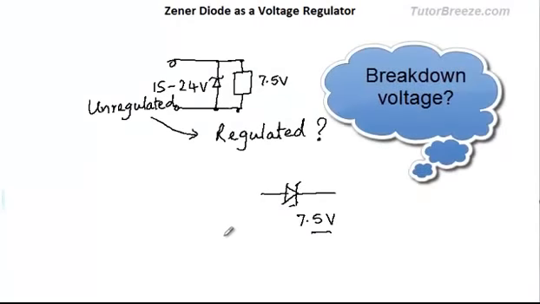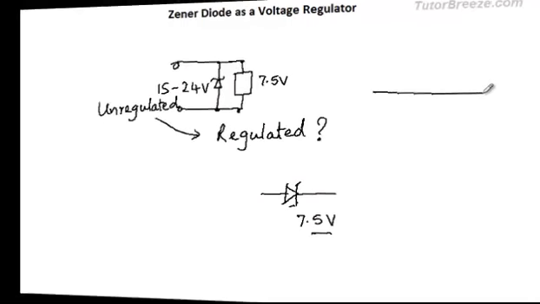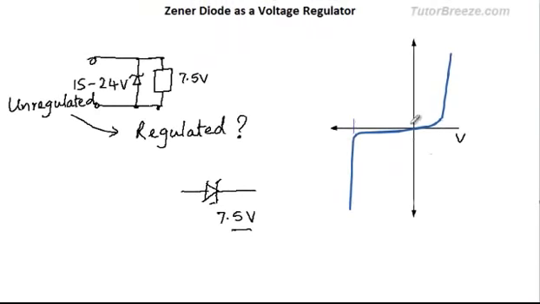Now are you wondering what breakdown voltage means? Okay, then let's quickly recall this from the reverse characteristics of a Zener diode. I'll just draw them here. This is the voltage and this is the current, and this is the constant voltage, the voltage that doesn't change, and over here for this particular example it has a value of 7.5 volts.